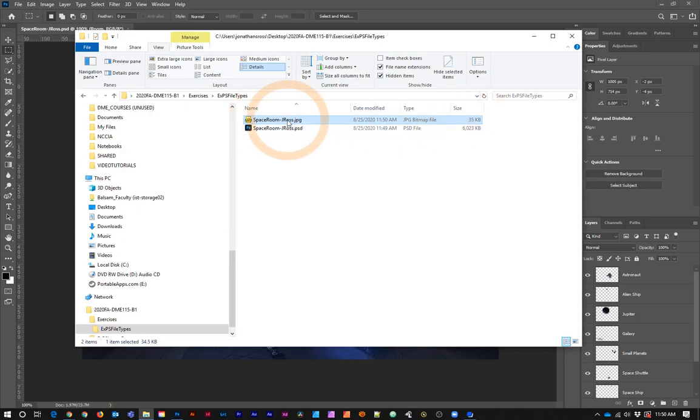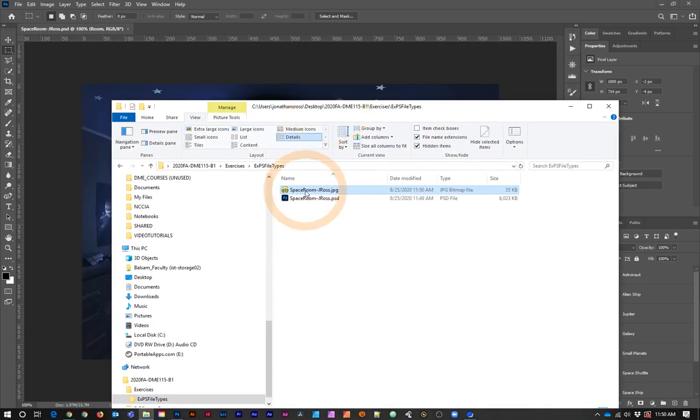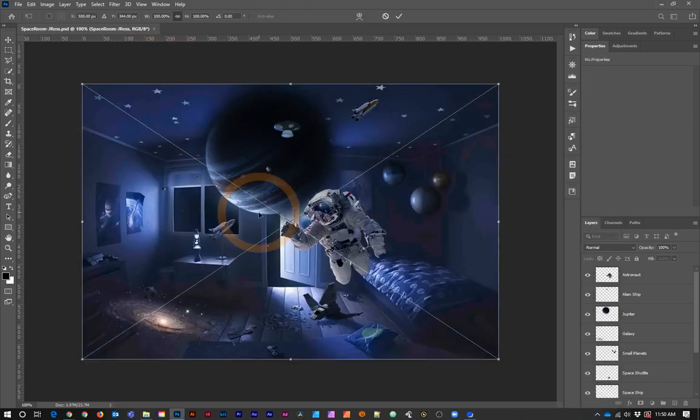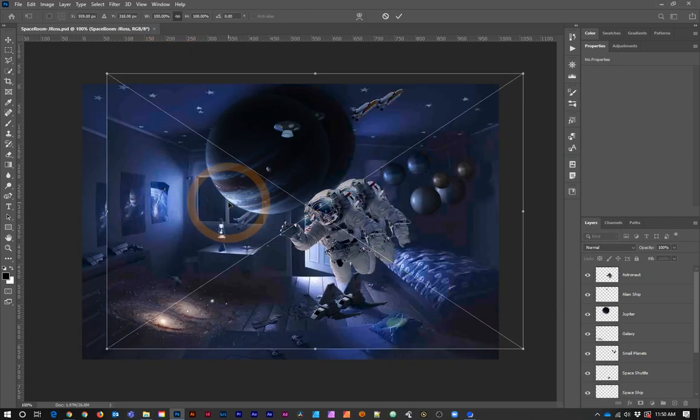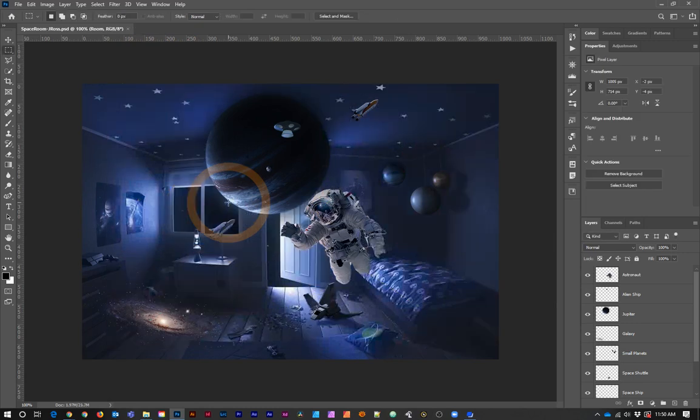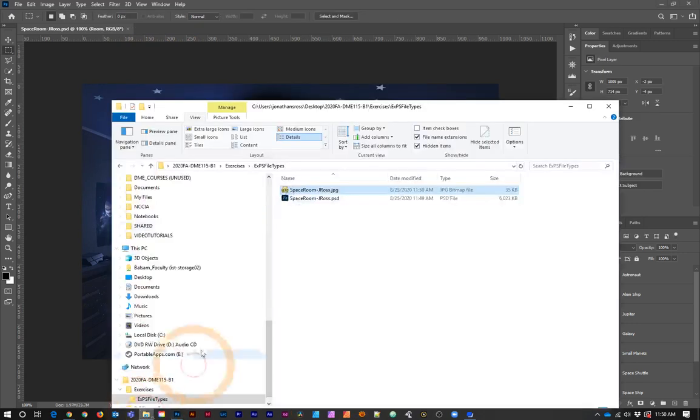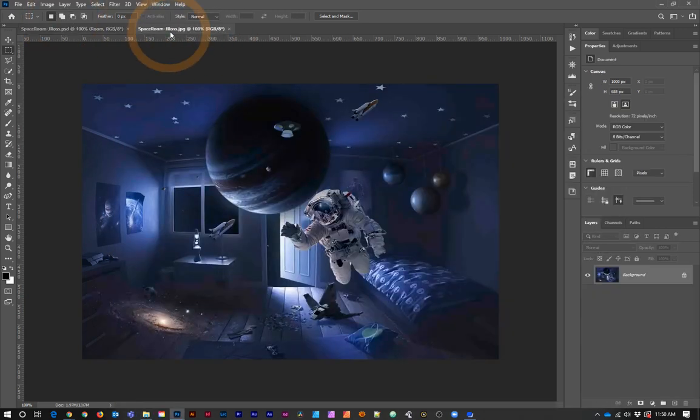It's really small, so I'm going to open that back in Photoshop, and there's a couple ways to do it. You can click and drag it right into the window, but do be aware you don't want to drag it into the active document, because that will try and place it into that document. Instead, I am going to drag it into the space above or beside that tab,